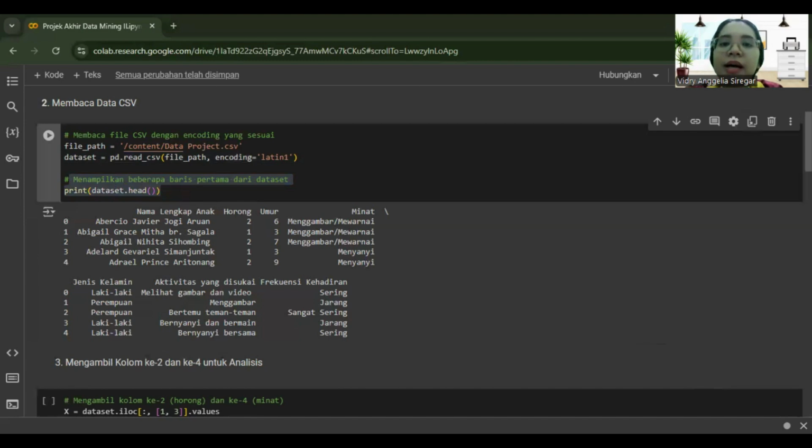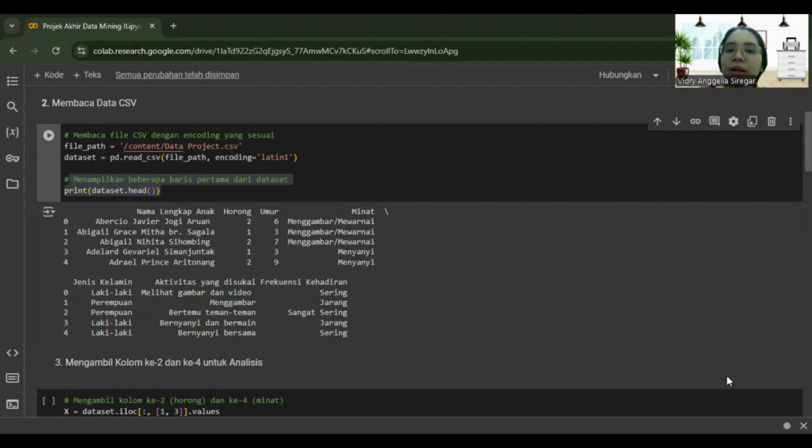Here the Python code solves two things. Number 1, resolve the Unicode decode error. When you try to read a CSV file with pandas using the default UTF-8 encoding, you encounter a Unicode decode error. This means there are characters in the CSV file that cannot be decoded using UTF-8.